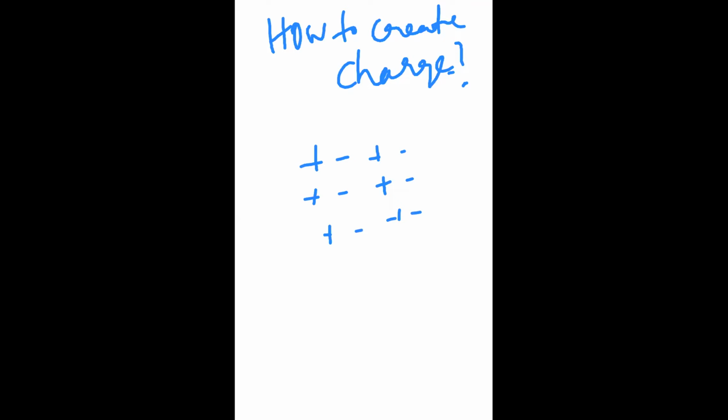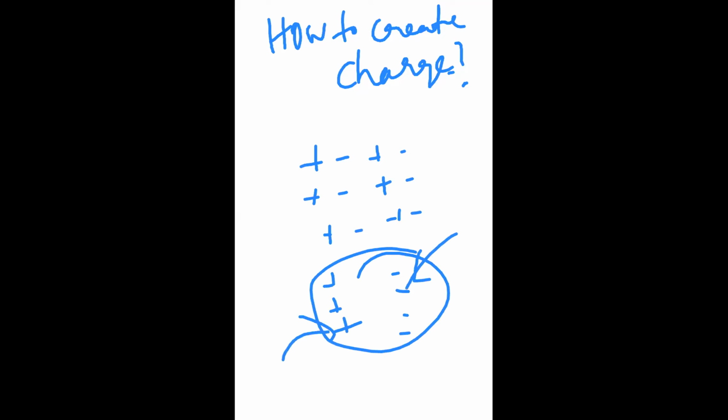By some means, if you are pulling all the minus in this way and all the plus in this way, then in this process you have created a negative charge here and a positive charge here. That is the idea. Generally, there will always be positive and negative charge. Once they are equal, that is neutral. But once you are able to separate them by some means, that is giving you the charge.